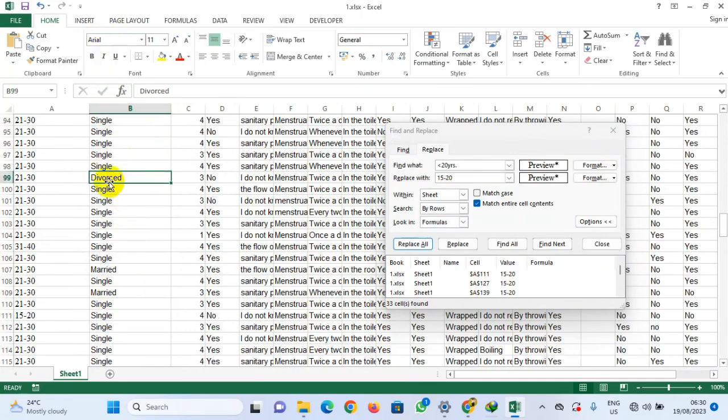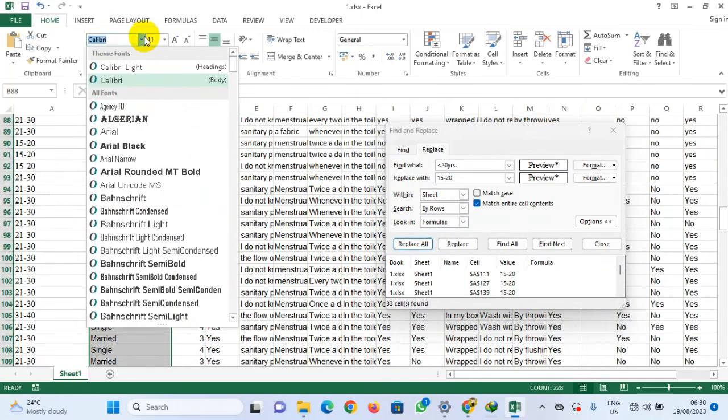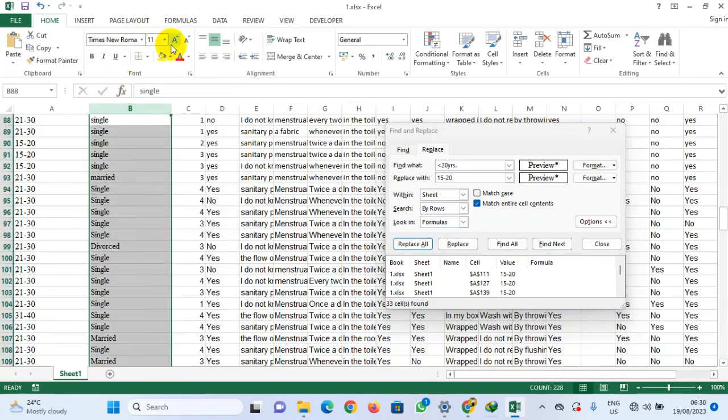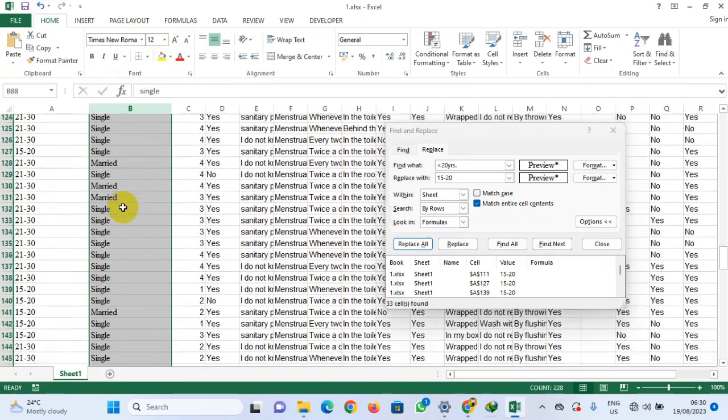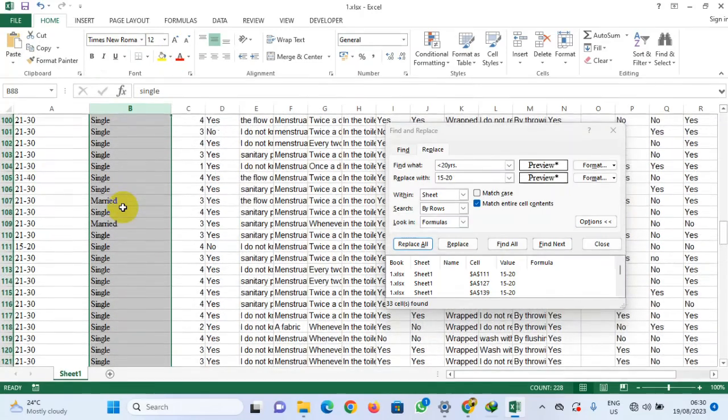This is area. Divorce is starting with uppercase D, and these are all uppercase. You get the point? So we are going to set this first to Times New Roman as before. Set everything to Times New Roman, and set the font size to 12. Now we have unified this data, irrespective of your cases. So let us begin